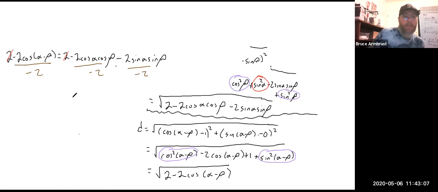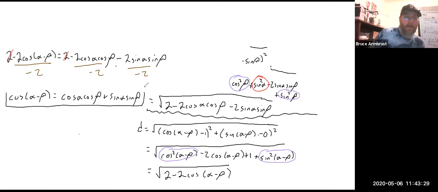So what that's going to do then is cancel those minus 2's, and what we're left with is cosine of alpha minus beta is equal to cosine alpha cosine beta plus sine alpha sine beta. And we're going to go ahead and put a box around that,